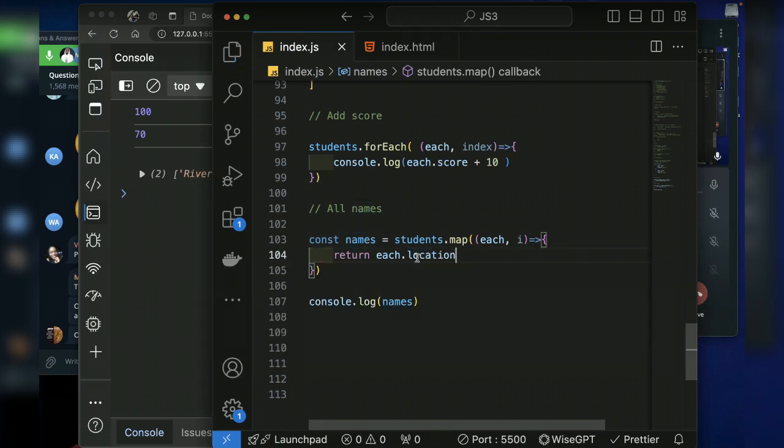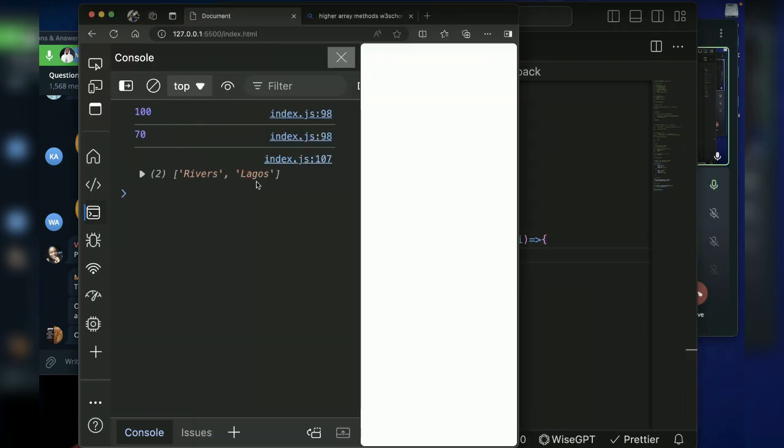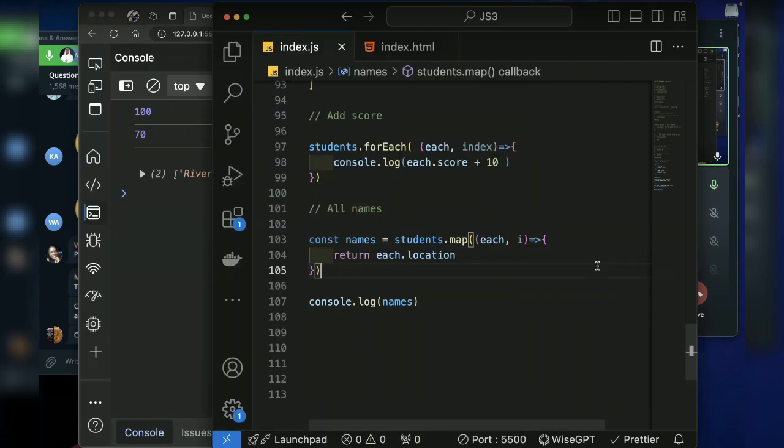And now it is returning only their location in a new array. So this map method returns a new array from an existing array, and you can pick what to return. You want to return only their location or only their name. You can return two things and say return an object